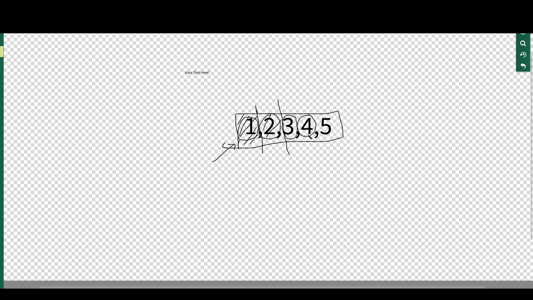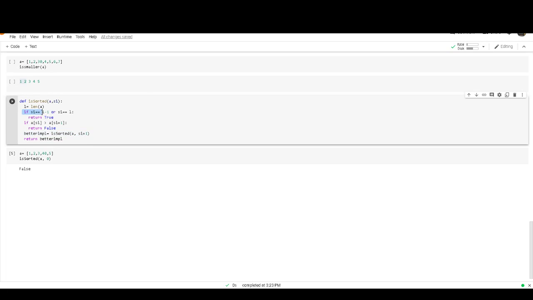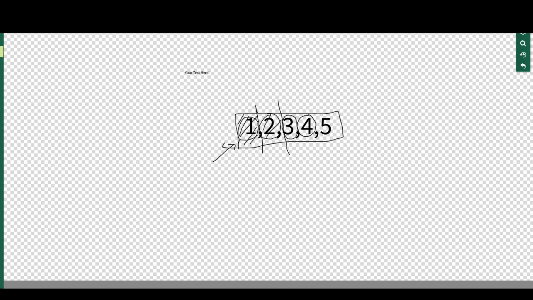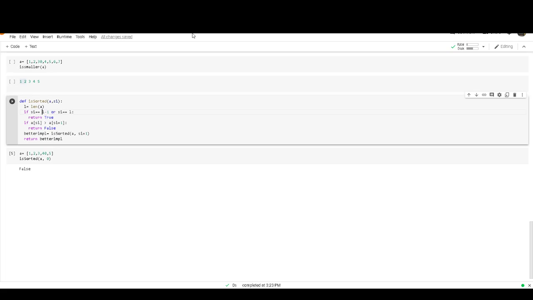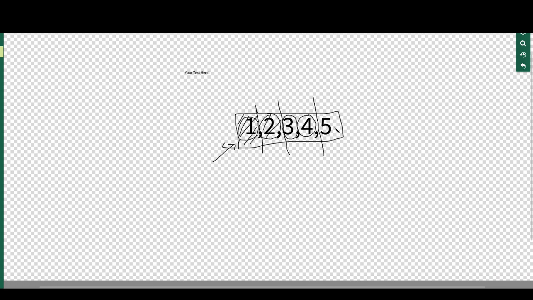Once we have also completed this execution, we reach the final statement, because if HI equals L minus 1, and L, the length, is 5, then 5 minus 1 is 4, or HI equals L, or HI equals 5. We don't need that, but L minus 1 is 4. Okay, we have executed that one.